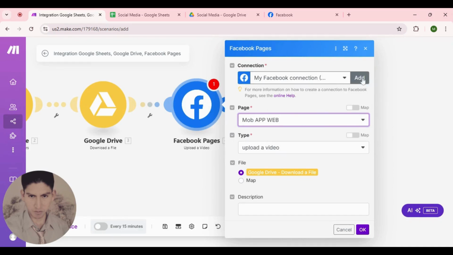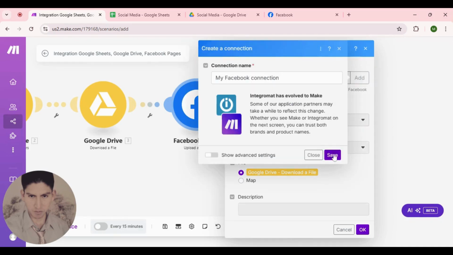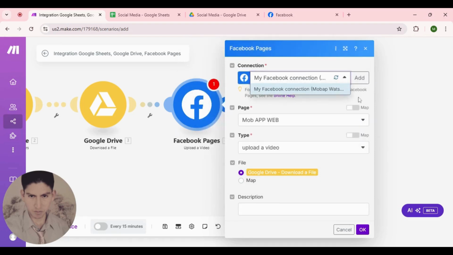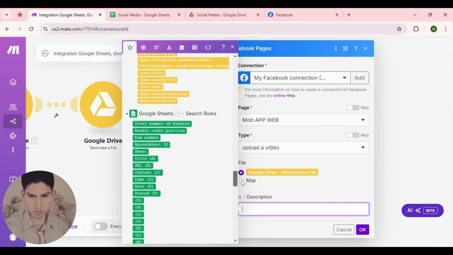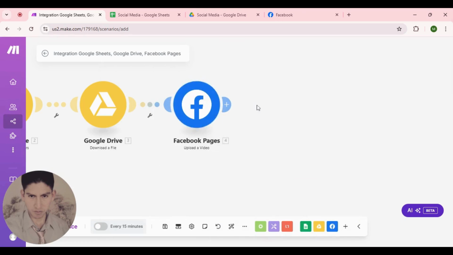Remember, you can add a connection, so you just made this, and that's all. It's all easy. Okay, in my case, I'm using this account. Well, choose your page. Now, this automatically will recognize the file in this case and description. I'm gonna go here and select the content. Okay, well,